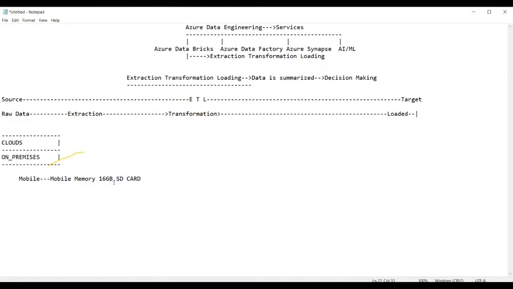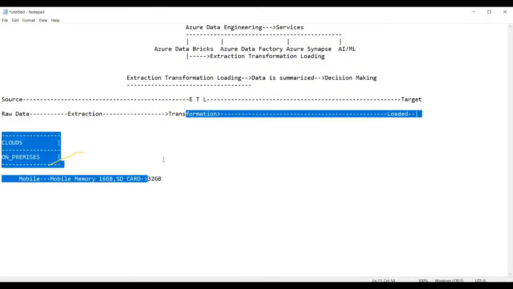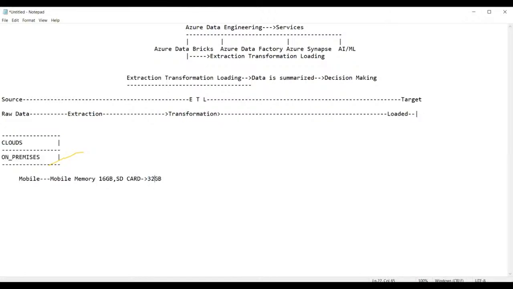Whereas if you require to store more, say 32 GB more, we buy an external SD card and put it in your mobile phone, and from that point onwards, you can use this memory of 32.